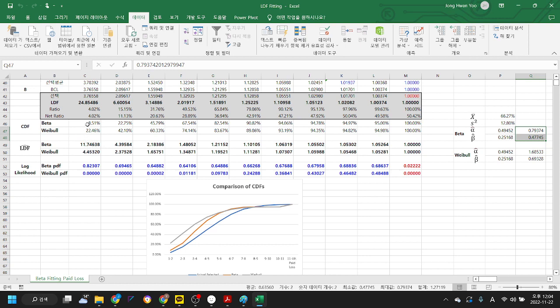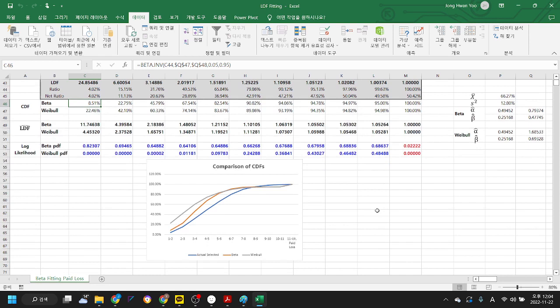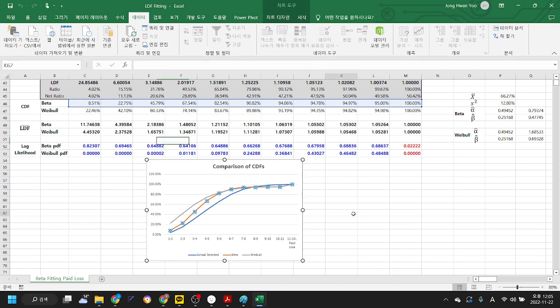And from here, I use the beta inverse function here, using the fitted parameter value with the given one. And this is the x value because the random variable itself is defined between 0 and 1. And I got the actual random variable value. And that would be the fitted cumulative density function here. And I can compare the beta, which is something like this, right? And Weibull,